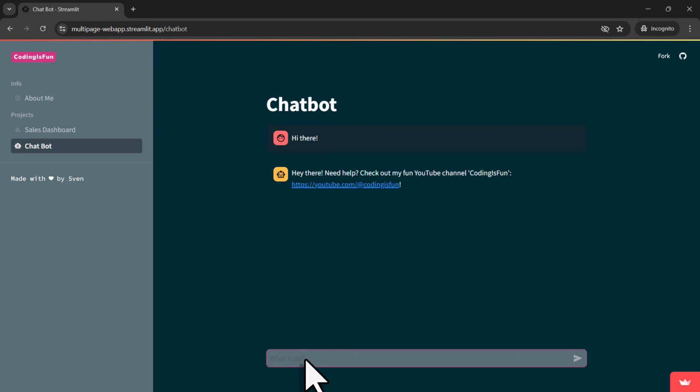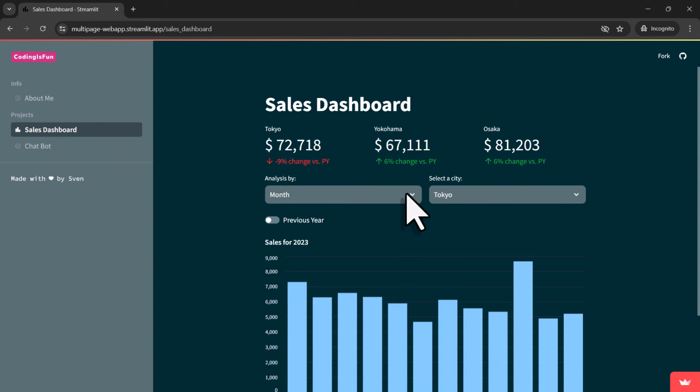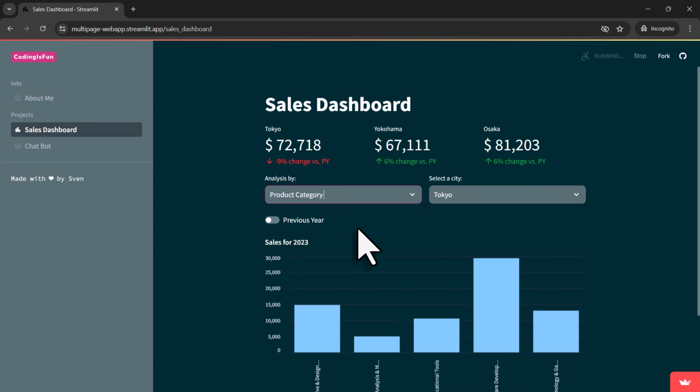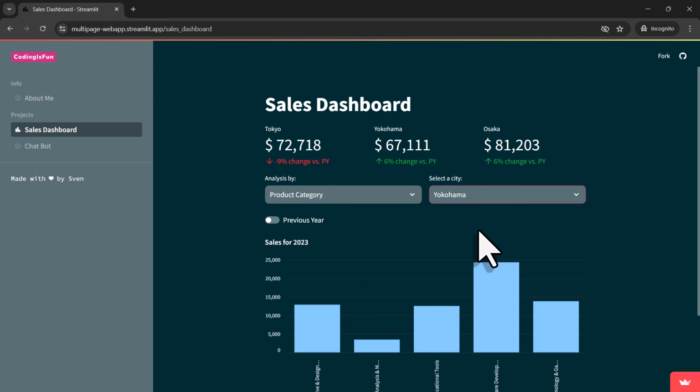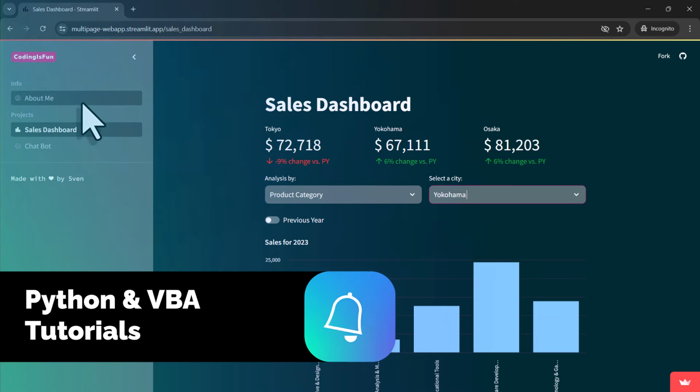What we will do, however, is to deploy the whole application to the cloud. So, if you follow along with the video, you will have your own web application live on the internet for free. The only requirement is that you have some basic understanding of Python and, of course, that you